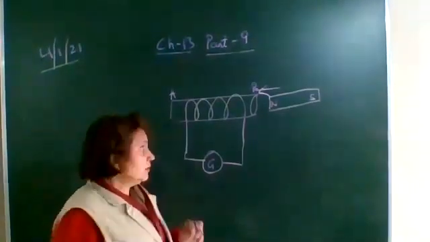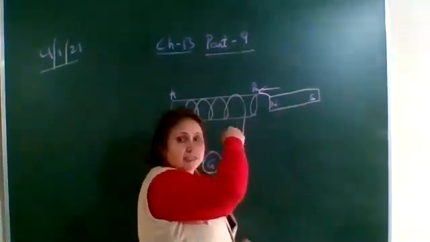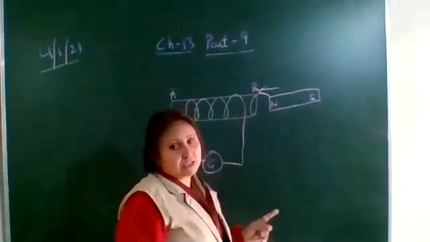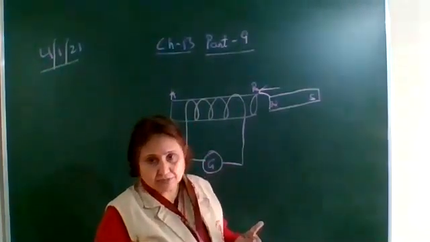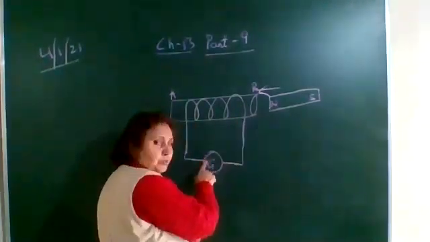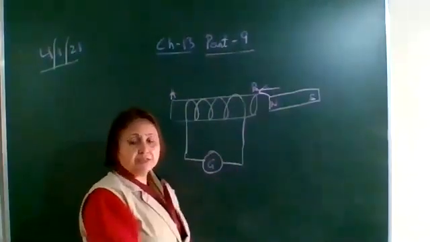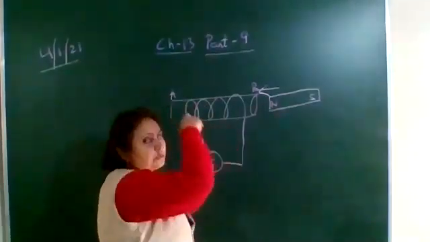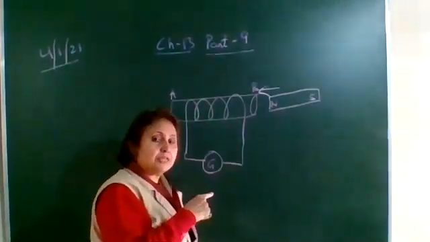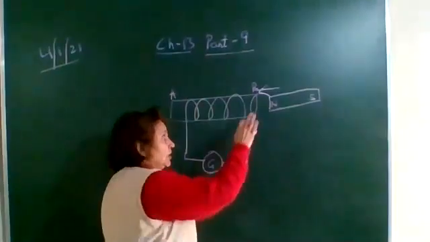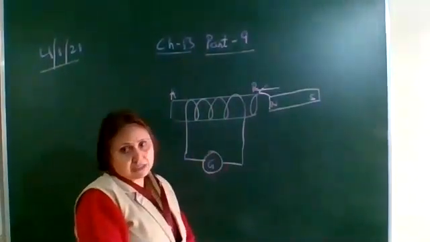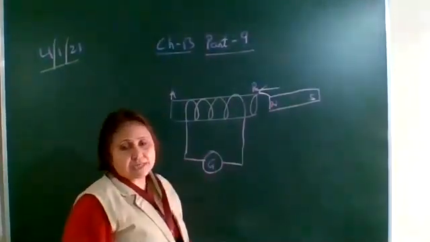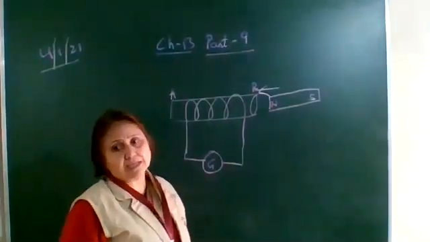Okay. Now move the south pole inside and the south pole outwards, again the deflection in the galvanometer will be in the reverse direction. When you are moving the north pole inside, the galvanometer pointer is deflected towards right. When the south pole is moved inwards, now the galvanometer deflection will be towards left. Now keep the magnet stationary near the coil. You will see that the pointer of the galvanometer will rest at 0. That is, there is no deflection in the galvanometer.